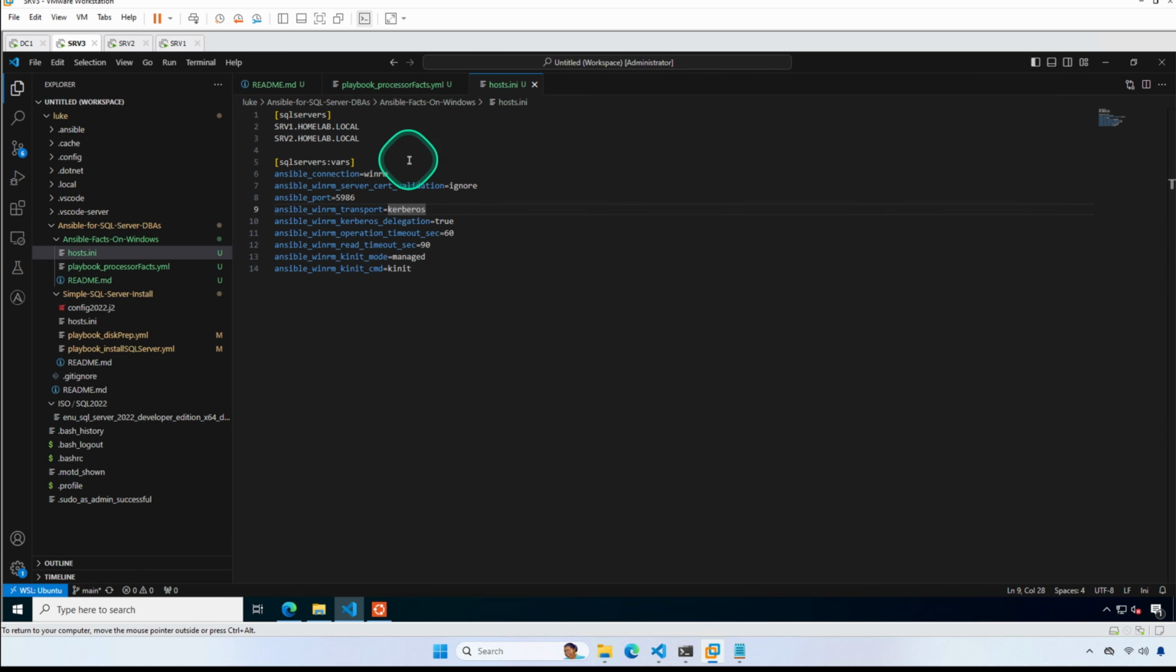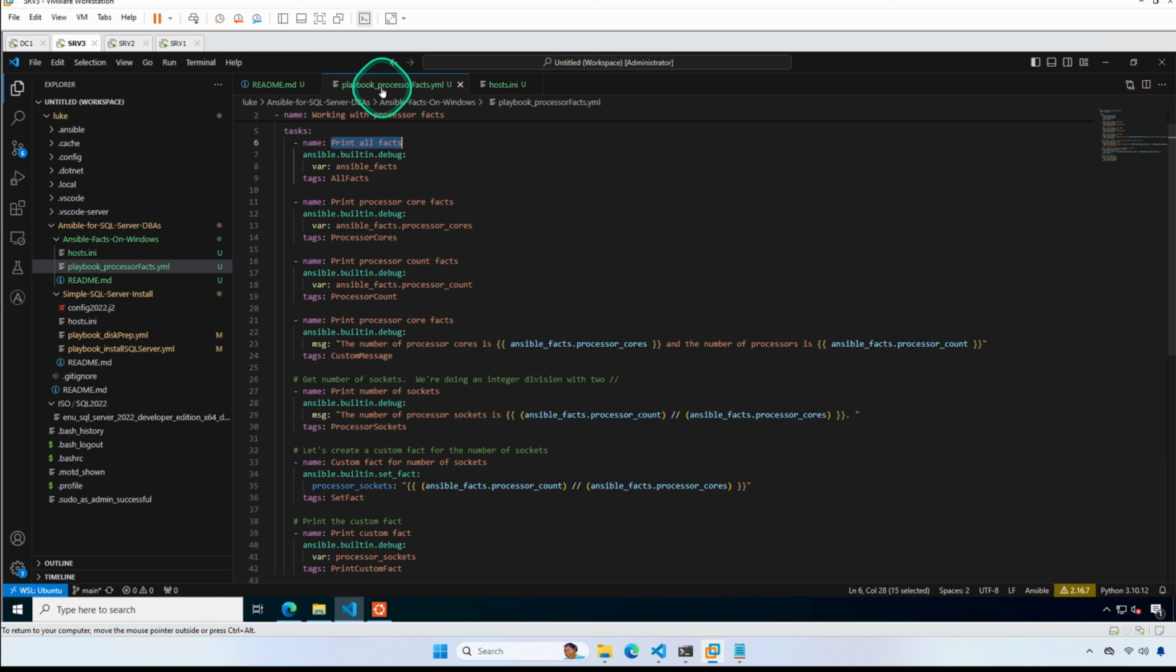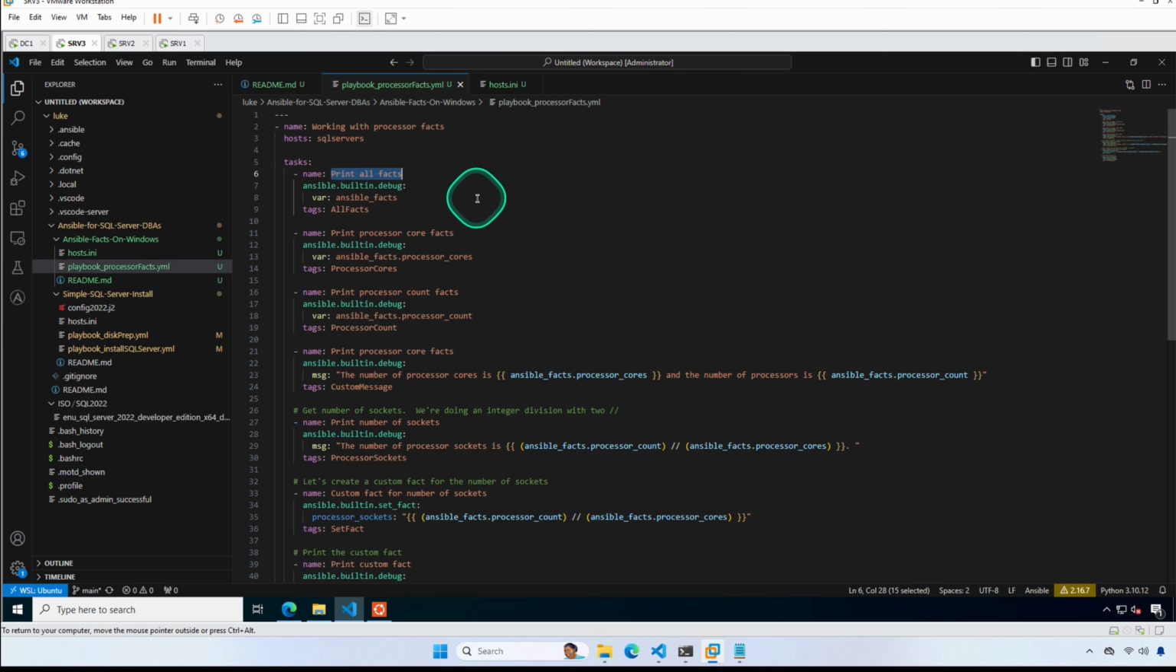So let's jump over into the playbook. The playbook is playbook underscore processor facts. You'll notice that this one looks a bit different than the one we worked with in episode 2. Some things are the same, some things are not. We're using the built-in debug module for Ansible. And the first task is we're going to get this variable, ansible_facts, and just return everything back to